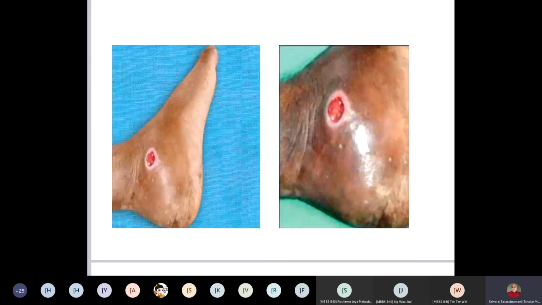This patient has had this ulcer for six months, not healing. We are doing the dressing daily, but it is not healing at all. When you examine the ulcer, it has an undermined edge. So what is the etiology? Tuberculosis. Undermined edge: tuberculous ulcer. But this is not the commonest site, not in the foot. Which is the commonest site for tuberculous ulcer in the body? The neck. Very good.